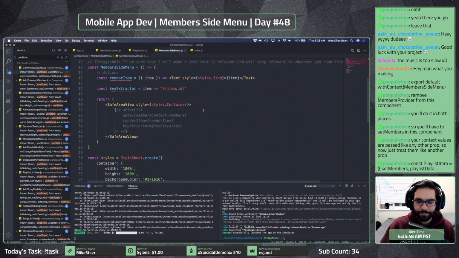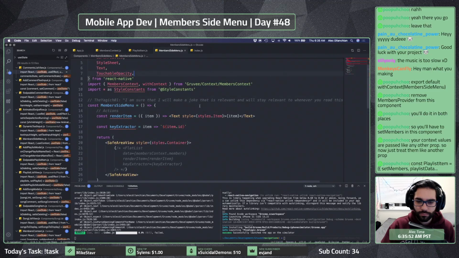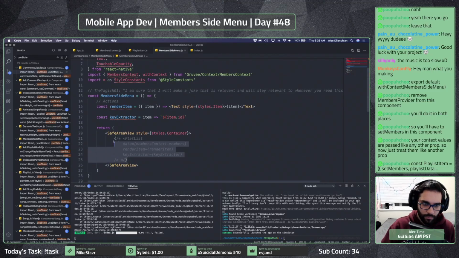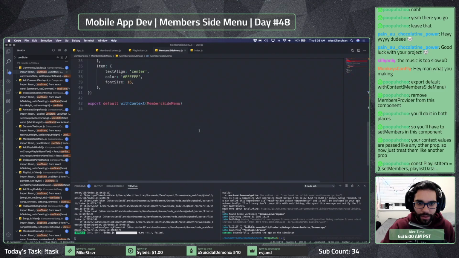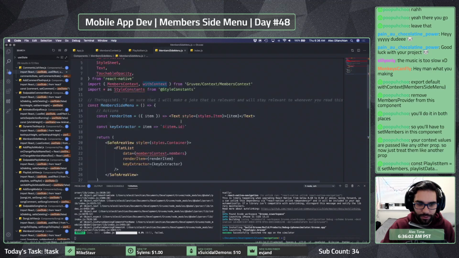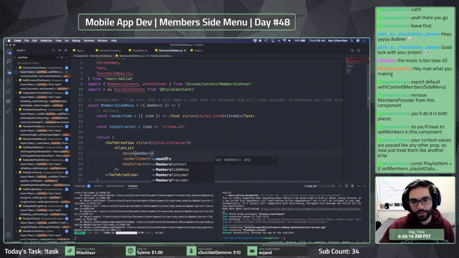And at this point, we can uncomment this thing. And then if we do with context here, that means we should have access to the properties here. So I should be able to get members, right? And then we just do members here.